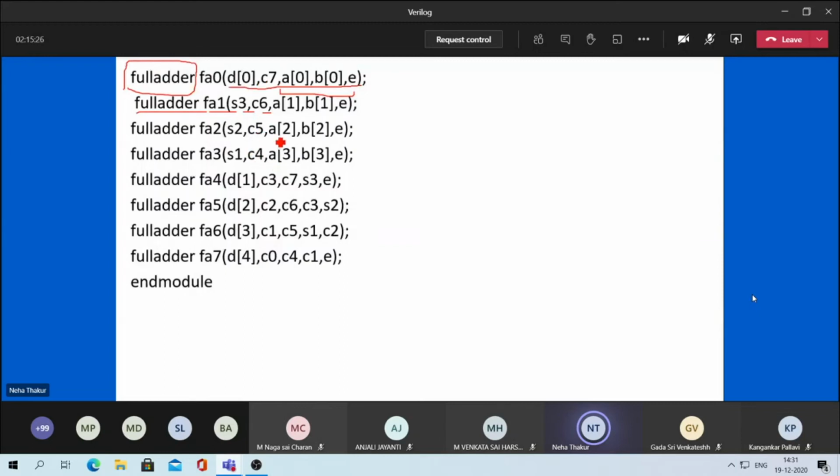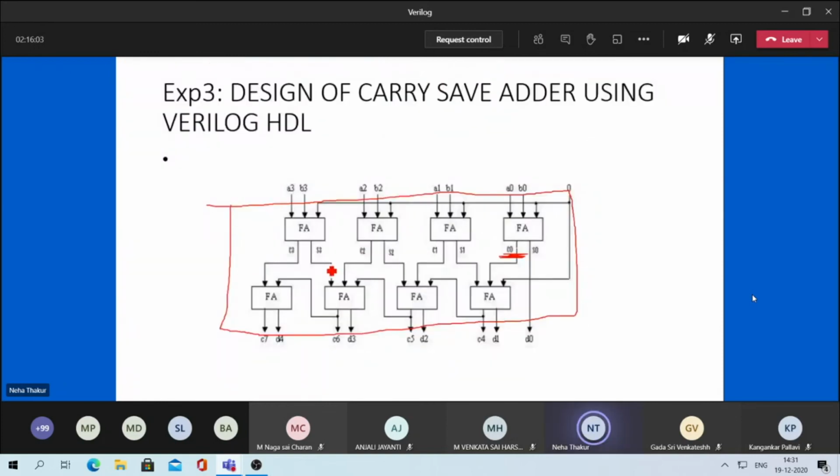So what is the idea in this? Here your carries are getting numbered in the opposite direction. Instead of making C0, C1, C2, C3, C4, C5, C6, C7, first only the sums are obtained and later on the carries are obtained. Carries are done in the next step. That is why first it is D0, C7, then S3, C6, S2, C5, and later on, for FA4, it is D4, C7.